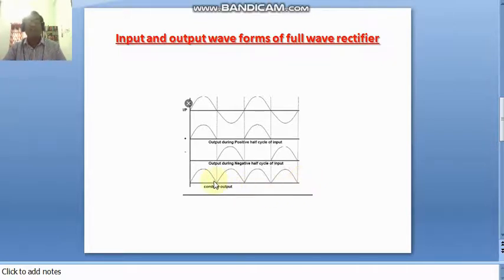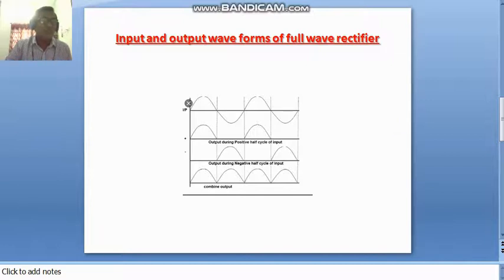When the waveform is like this, these are known as ripples or eddy current or unwanted current. This can be connected to a filter circuit. This filter circuit is connected to the CRO. When this resultant output enters the filter circuit, the ripples are filtered and only the DC current comes out from the filter circuit. That DC can be given to the input of the CRO. We get the output waveform as a straight line on the screen of the CRO. This is the process to obtain the full wave rectifier.